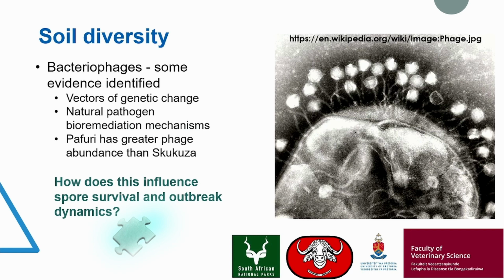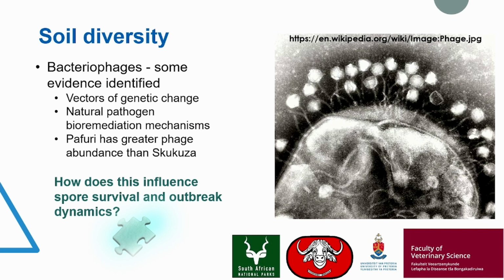Then there are bacteriophages. A bacteriophage is a virus that infects bacteria, and there's been a link between bacteriophages and anthrax, or Bacillus anthracis. Well, first of all, bacteriophages are actually mechanisms of recombination for bacteria, so we know that they play a role in genetic exchange. But with bacteriophages, you also get phages that occur more in a lytic rather than a lysogenic phase, or